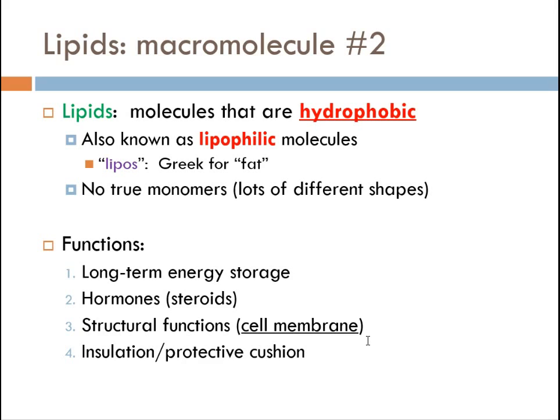Insulation, when the winter is coming, you'll notice that with cats, dogs, and even humans, we get a little heavier, and it's because we store that for insulation. Also, we store it because when you get cold, you start to shiver. And what you're doing when you're shivering is first you start to burn a whole bunch of carbs. And if all the carbs are gone, you take fat, you start burning them,